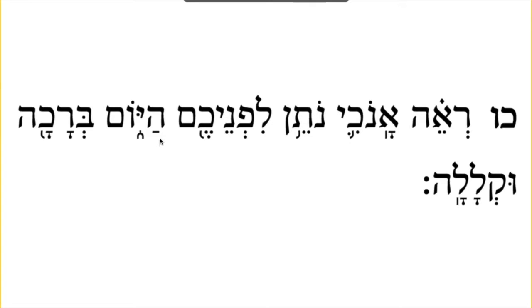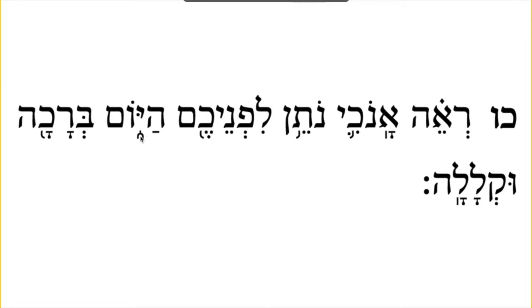And this is a hey with a patak. This says ha. This is a yud with a cholem. And this vav is going to go with the cholem. It's just going to say o. And this is a mem sofit. So we'll say these three letters together: yud, o, and m. Okay, so can someone say that word? Hayom. This patak says ah. Hayom literally is the day, but it means today. Whenever you see that word, today.